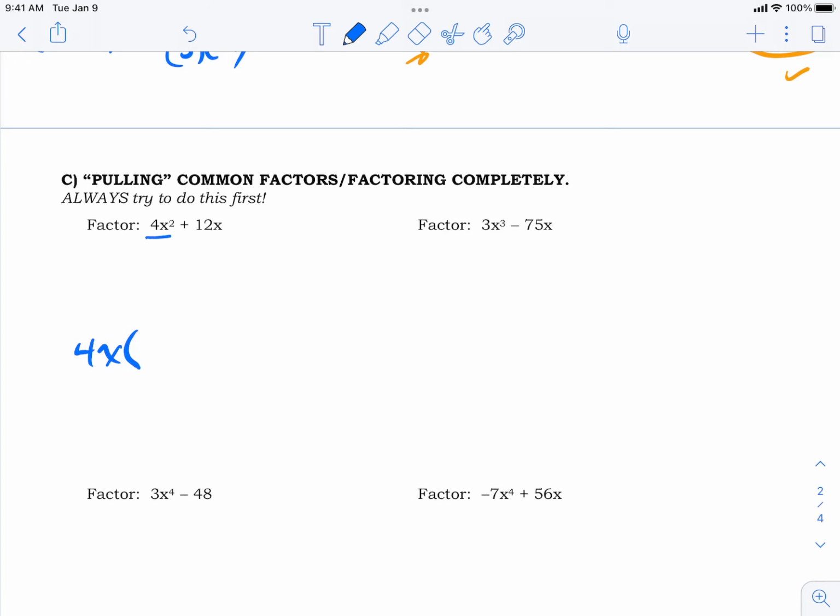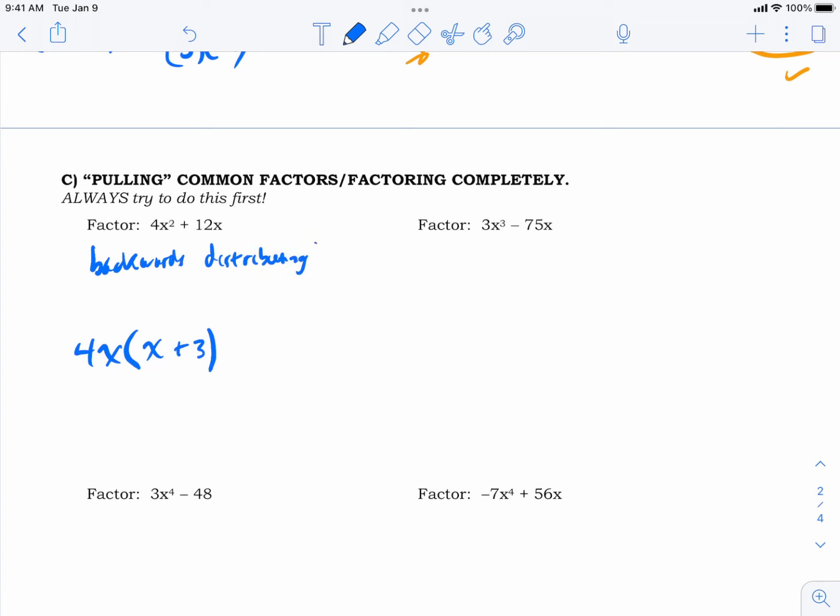So if you were to have kind of divided off or canceled off a 4x, you'd be left with an x here. And if you had canceled off a 4x here, you'd be left with a 3. Okay, so this is what I mean when I say put leftovers inside the parentheses. What we have basically done is backwards